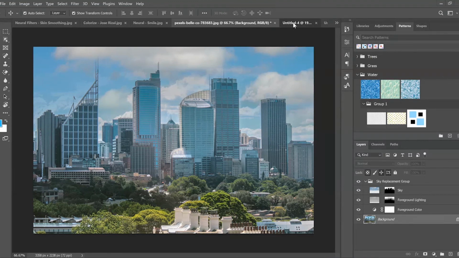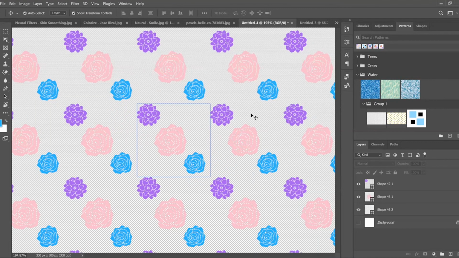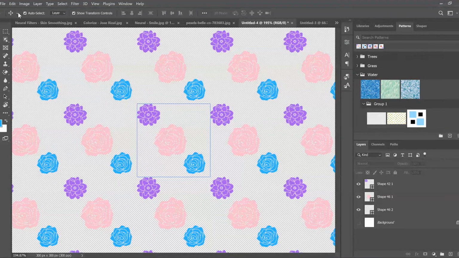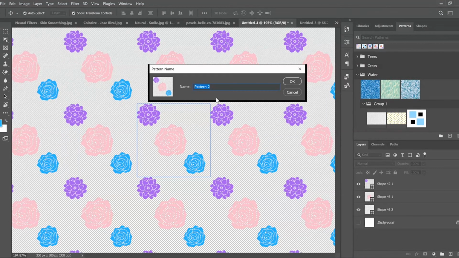Okay. And for this one is the pattern preview. I have pre-created some. So you can use this by creating new and adding shapes. Okay. And then let's click on view, pattern preview. Okay. So it would display the pattern with a repeated pattern. If we want to place it, for example, in a t-shirt, let's just save this first as a pattern. Let's click edit and choose define pattern. So for this one, I'm going to name this floral.